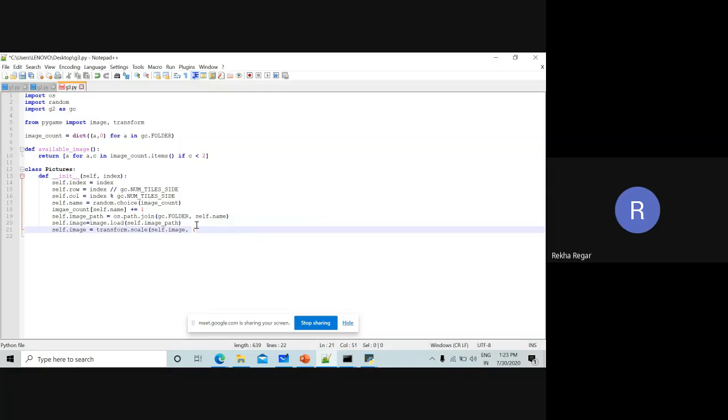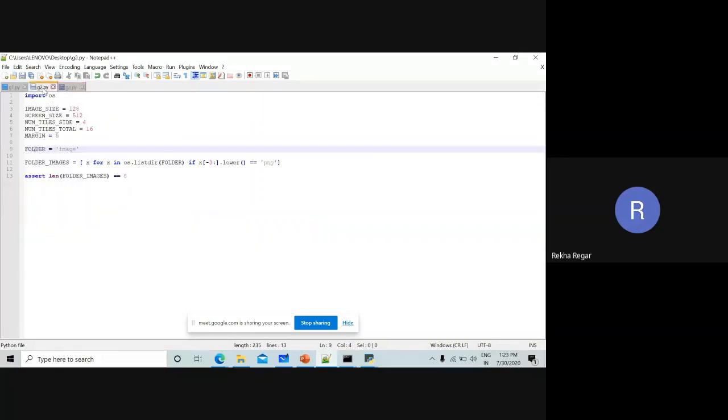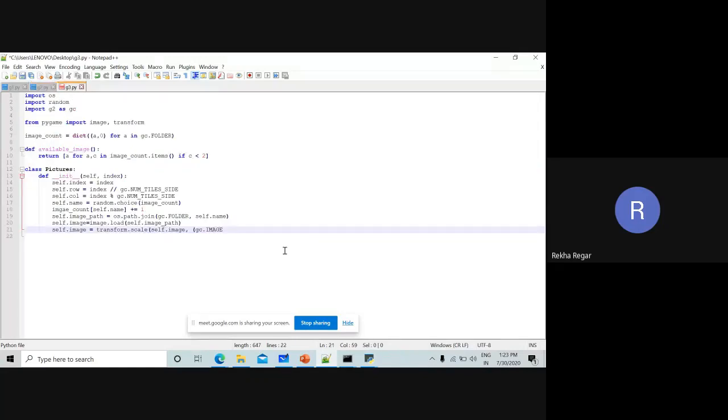In that specification we are going to transform. So GC.image_size, whatever the image size we have, we wrote image size inside the file. So the image size is like 128. So image_size minus 2 times the margin.